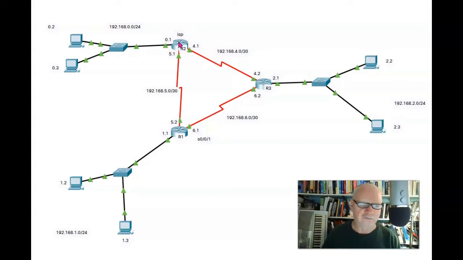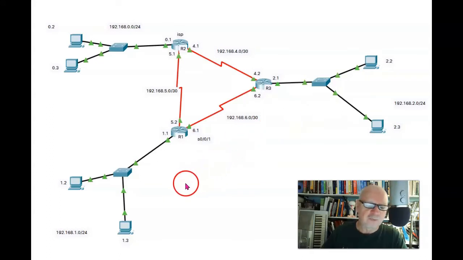So now we want to look at the third way of setting routes. Directly connected is the first way, and then manually configured or static routes is the second way. The third way is through a routing protocol. A routing protocol allows each of these three routers to tell each other about the networks it's connected to. Not real difficult on a small one. We can set static routes on a very small network. But if this were a very large network, it would be better to set a routing protocol.